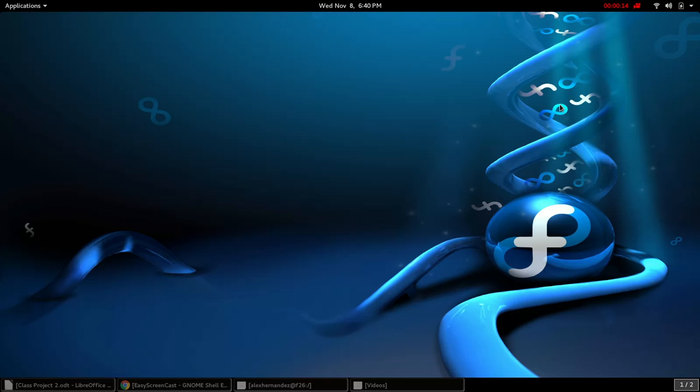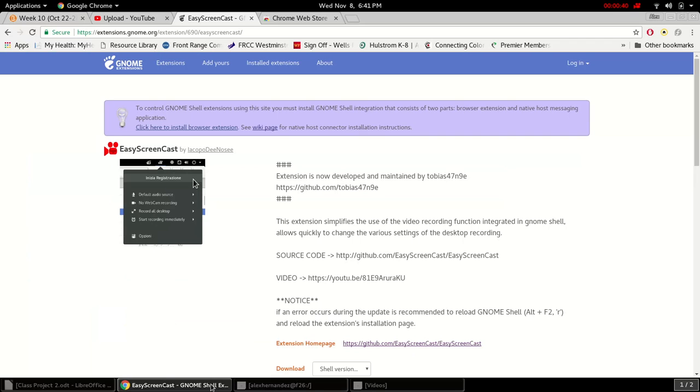I chose project number 2, which is using a cron daemon to execute scheduled commands to gather memory usage for my system. I am currently running Fedora 26, and I am recording this video with a GNOME shell extension called Easy Screencast,